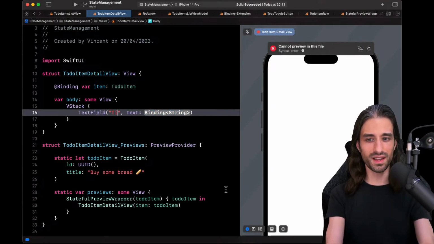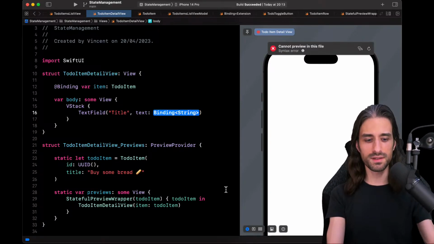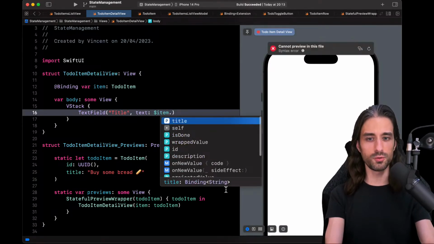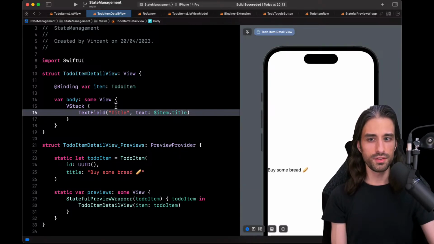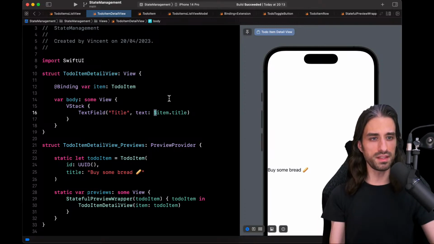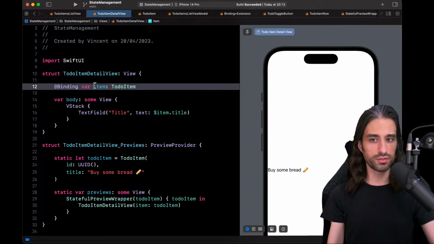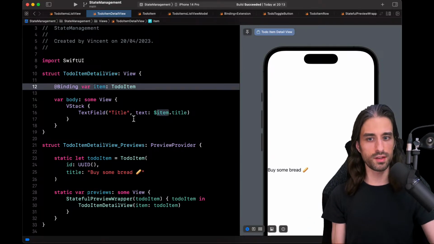So text field, it will be title for this text field. And for the binding, we will pass a binding on a property of the item, and we do that with this $ syntax. The $ syntax says, give me a binding, and it works because the item is already a binding. You can use $ with a binding or an @State property.